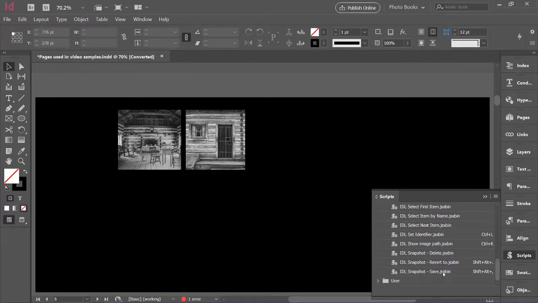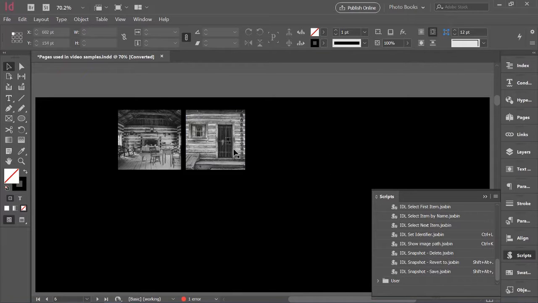When you do this, the snapshot saves not only the arrangement of the items on the page, but also all the relationship definitions that you have made by using these scripts, so that you come back exactly to where you are here, even if you've gone off and changed other relationships and making other snapshots and making other routes along